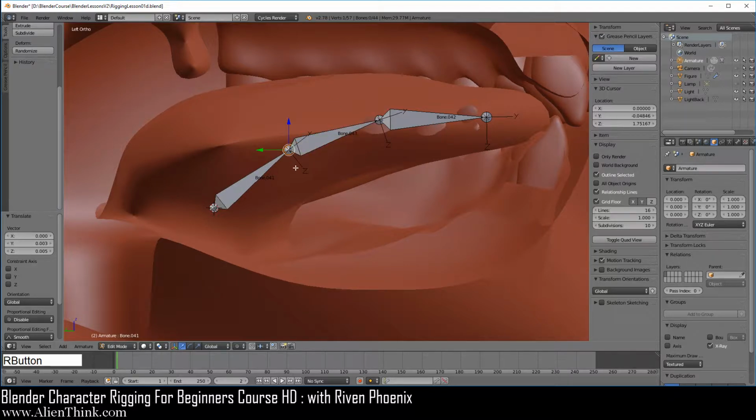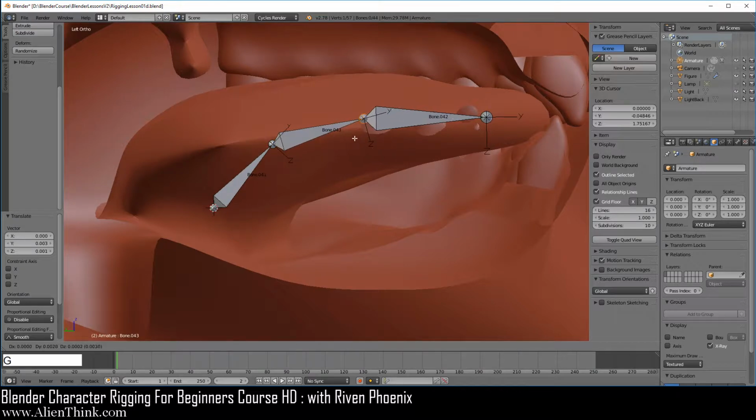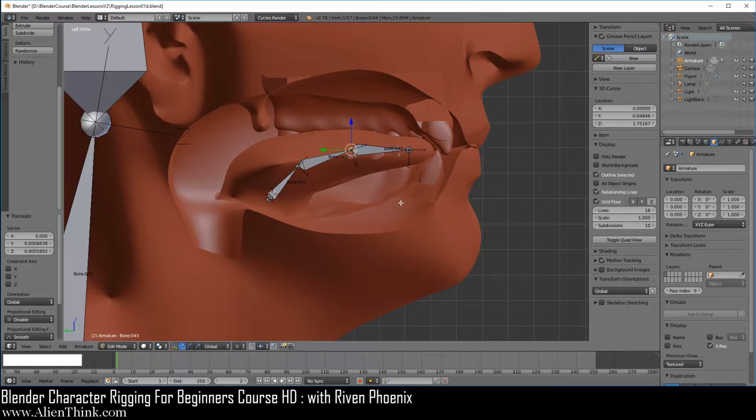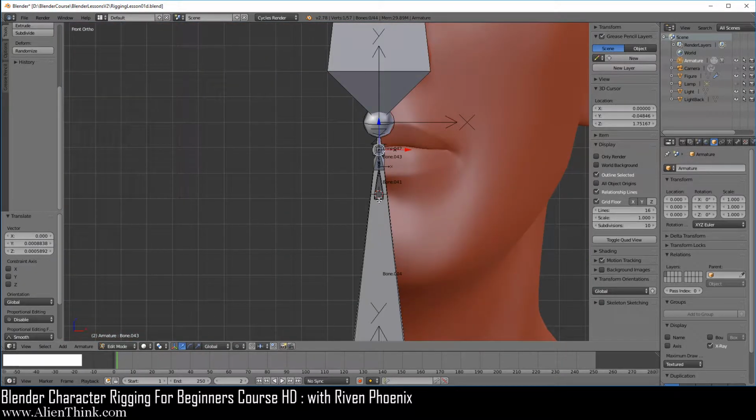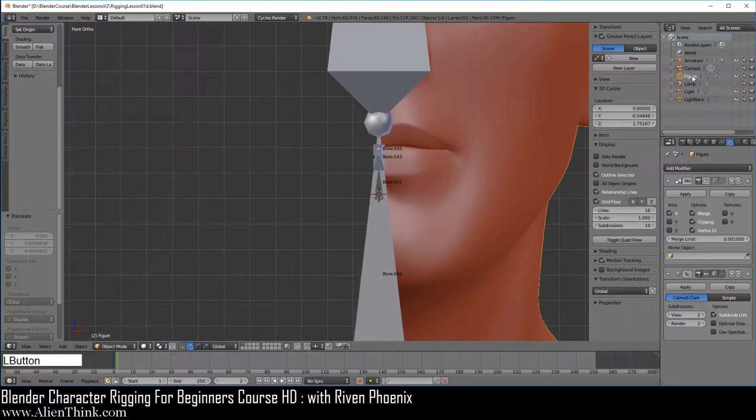So over here we can even click on this joint over here, press the G key to kind of position it. Okay, so position it kind of like over here, and I guess we can put it kind of like this. And here I'm just going to press the G key and bring this down, press the G key, kind of give it like a curve sort of. Okay, that's fine. Now if we press the 1 key, you'll see that it's exactly over here. That's what we want. Now go ahead and switch to the figure and go ahead and turn the mirror modifier